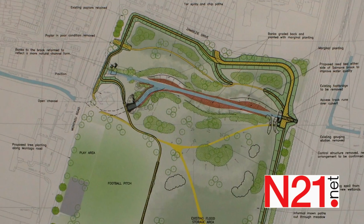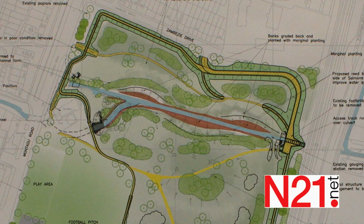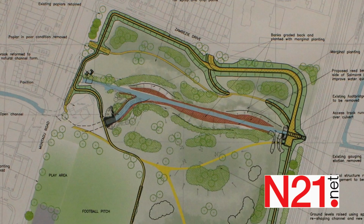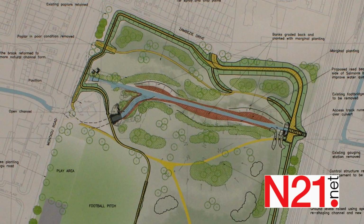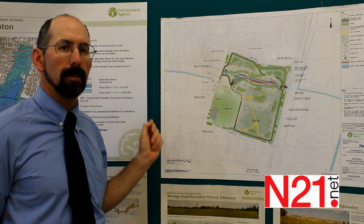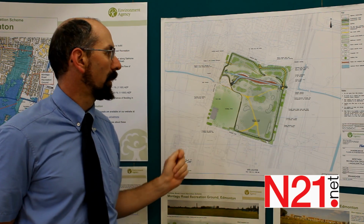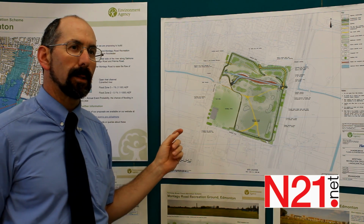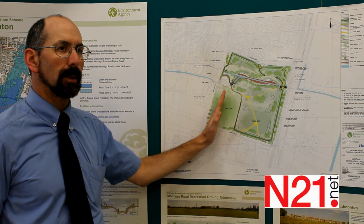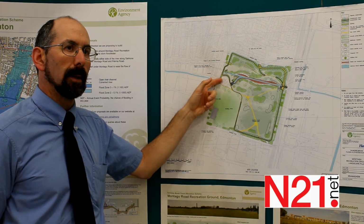This gives us an opportunity to improve the recreation area for both people and wildlife through landscaping. The works will take 100 weeks. This is because the access to Salmons Walk is very limited, and there's very limited space for our machinery to be able to work. On the recreation ground itself, the works will take 58 weeks, and we will always keep open the football pitch and the play areas and access to the pavilion and boxing club for people to enjoy